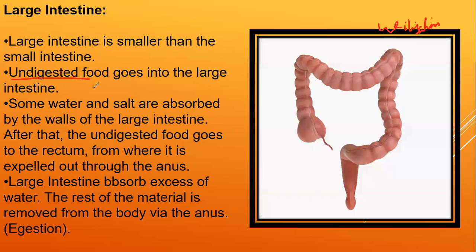Can we continue? The undigested food, that is the food part that passes from small intestine to large intestine, goes to the large intestine. Along with those food, we have some water and salt. So the absorption of the food stops in small intestine, whereas the undigested food that goes to the large intestine consists of some water and salt. This water and salt that are useful for us is absorbed by the large intestine, and the rest is expelled from our body. Such an expulsion of undigested food is known as egestion, the 5th step.